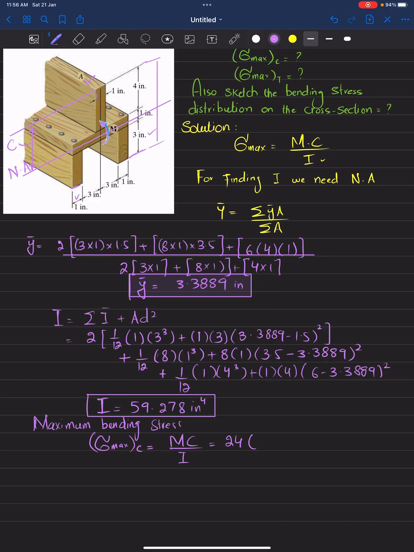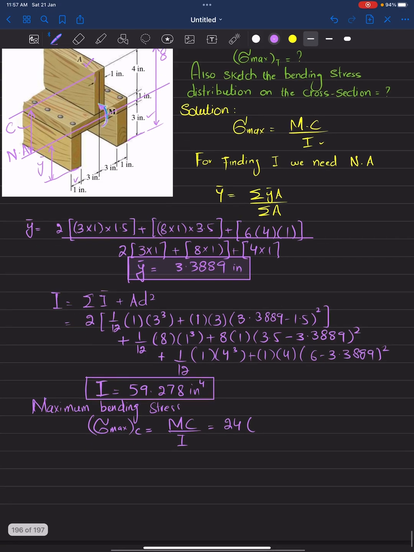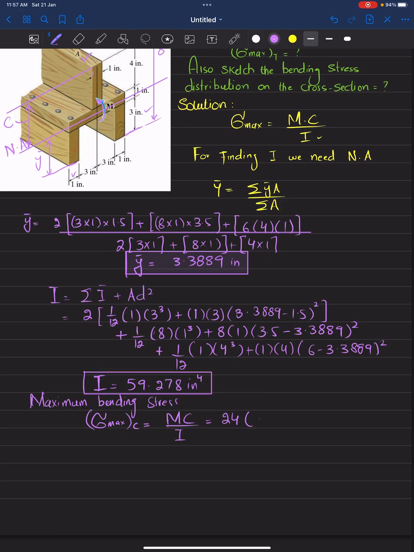If you subtract this distance, which is y dash, from this 8, that will give you C. So C is equal to 8 minus 3.3889, divided by I, which is 59.278. So this will give you 1.87